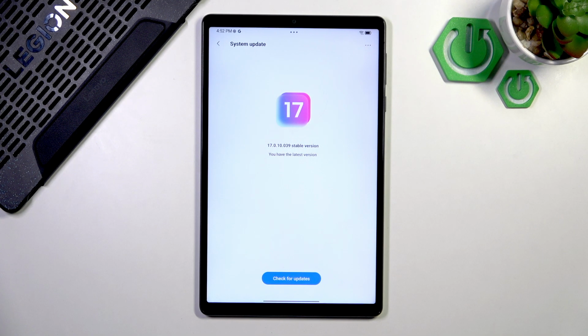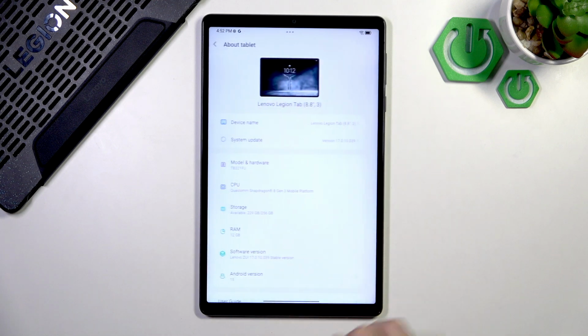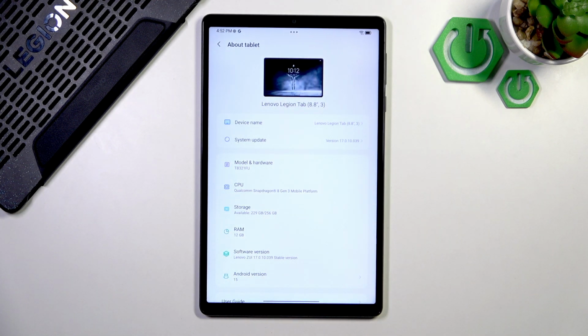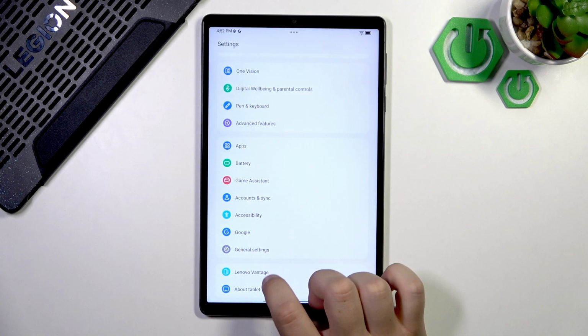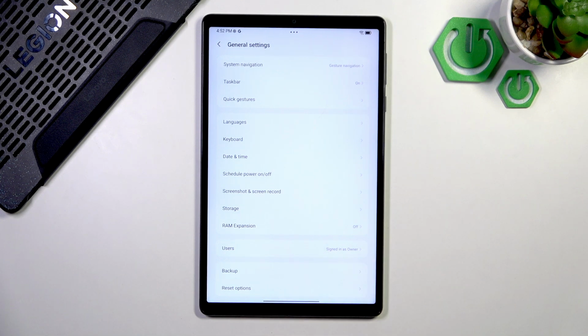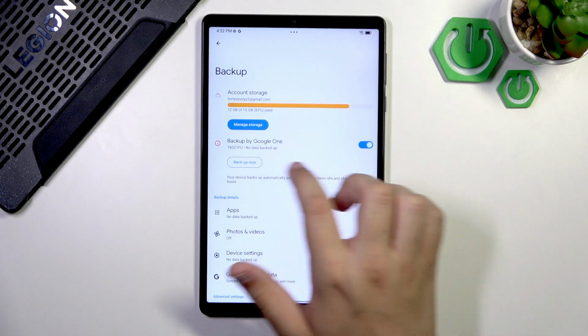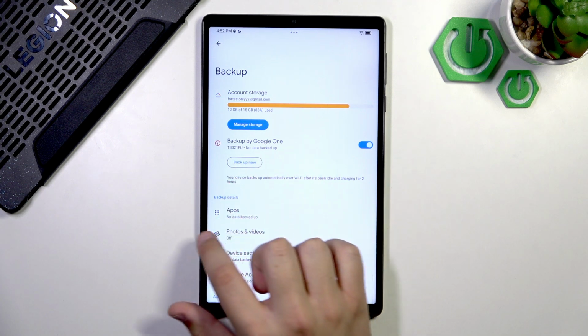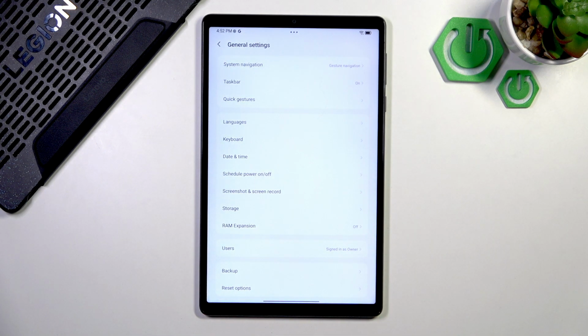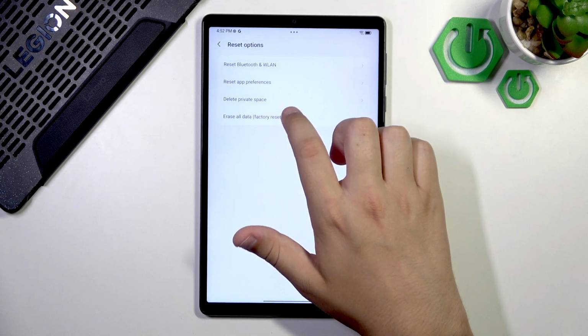And if the issue is still here, then as a last resort, you guys can try and reset your tablet. So let's start off by going to general settings. It's almost at the bottom too. Now let's go to backup, and here we need to enable the backup by Google One and click backup now. If we do and the device will back up fully, go to reset options. Now here choose to erase all data,